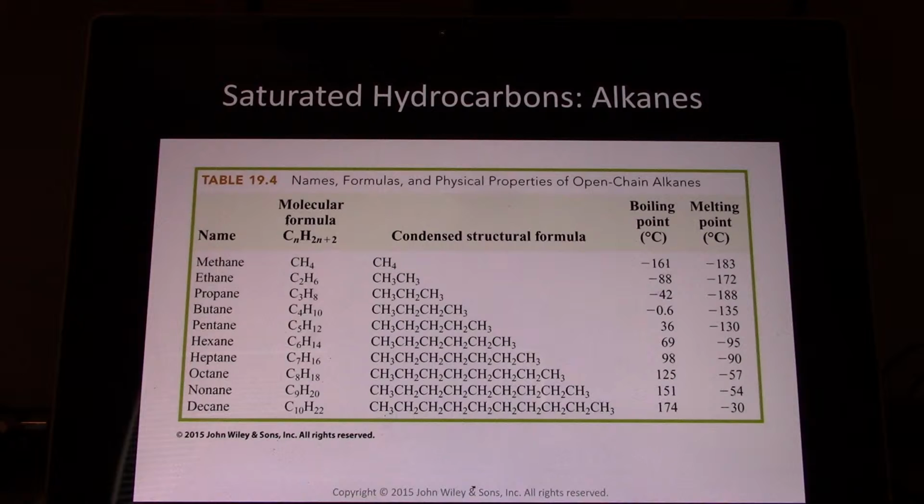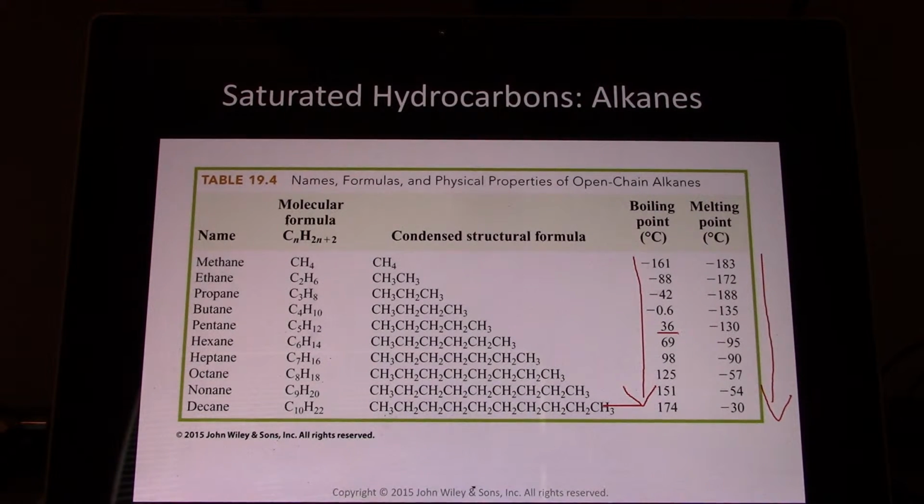And notice as the molecules get bigger, their boiling points slowly increase, their melting points slowly increase. And so basically hydrocarbons go from gases, like the natural gases, methane through butane, and then you have your extremely thin liquids like pentane, hexane, heptane, octane. And you have your thicker liquids like engine oil. And then it gets even thicker and you have semi-solids like tar. And then it gets even thicker and we end up with asphalt. All of those things are petroleum products.